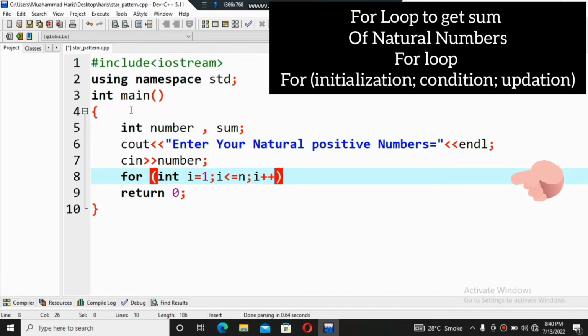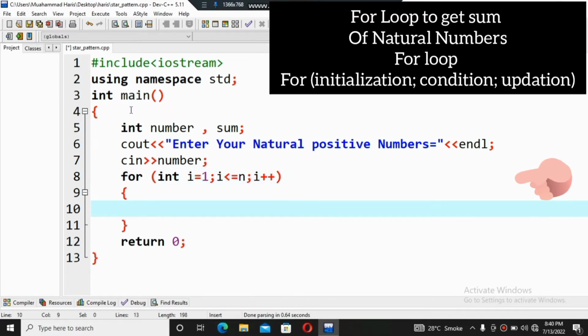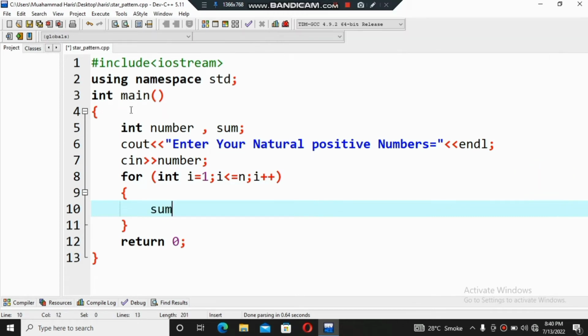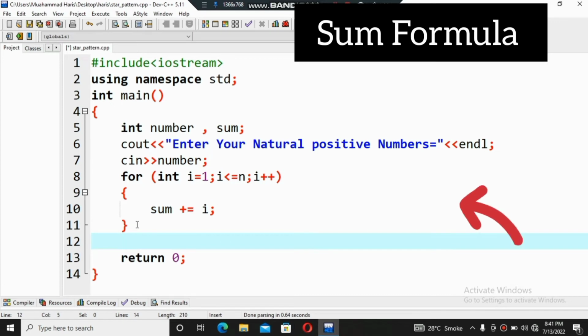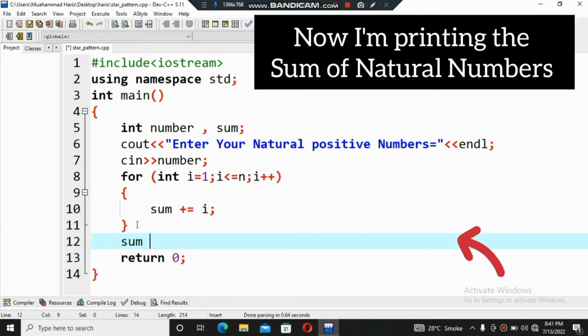number. In the next step I'm using a formula to get the sum of natural numbers. So I'm using sum that I have declared before: sum plus equal to i. So i is used in the loop, so it will update and sum the numbers. In the next step I'm printing the number that I have summed in the loop. Sum is equal to sum of natural